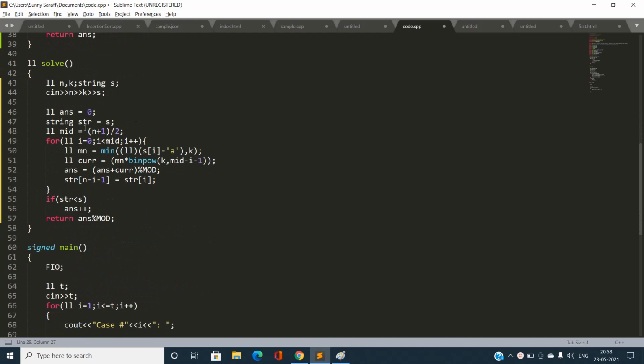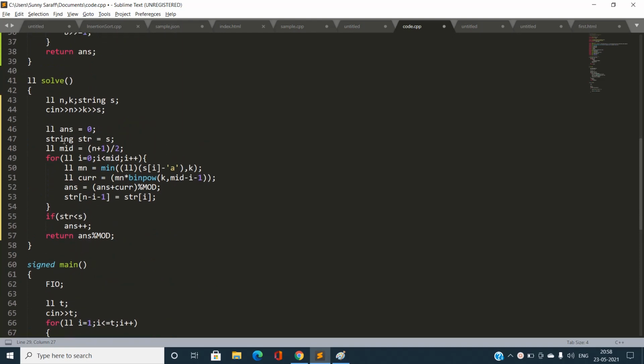Now coming back to the solve function, you can see I've taken n, k and string s and found the mid value corresponding to n being odd or even. Then I will find the minimum. If my value is c, my allowed values are a and b, and it has to depend upon k. k can be bigger, but only these two characters are allowed, so I need to take the minimum every time. So the minimum is mn, and my answer would be incremented by the number of values taken for